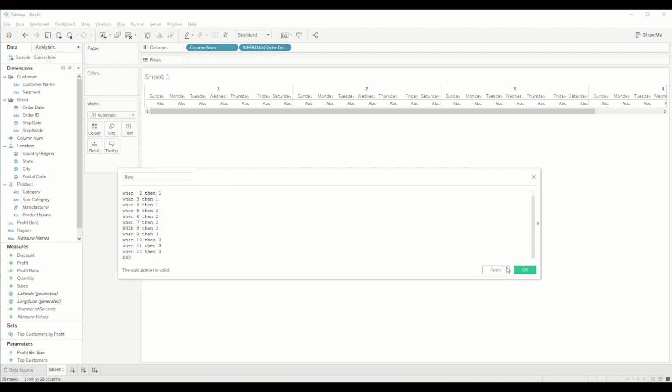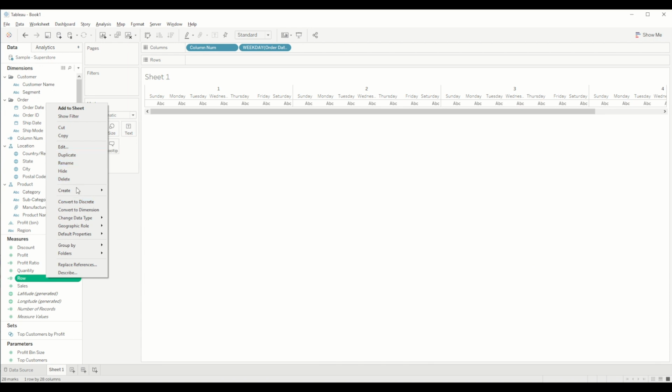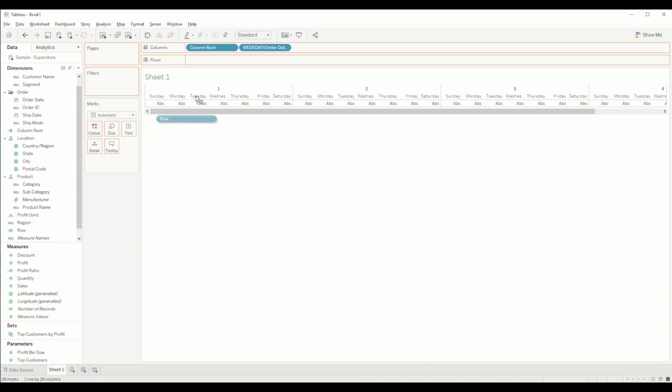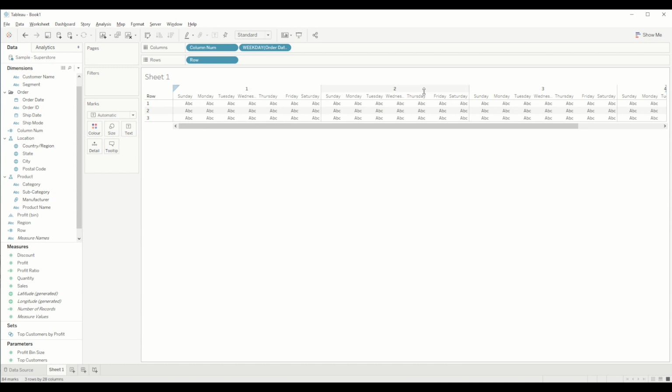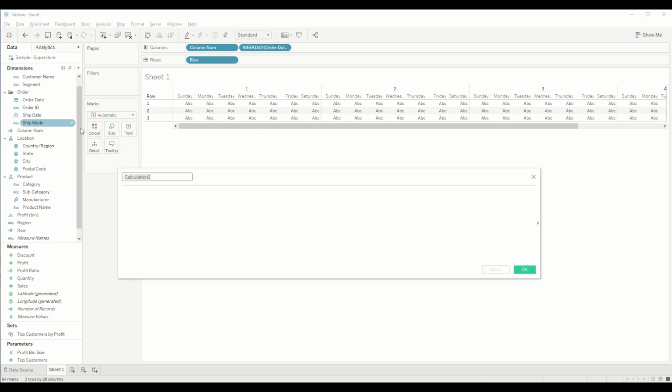Once that is done, we will change it into a dimension again, and we will bring it into the row shelf. So now you can see we have 4 columns and 3 rows for each month. Now after that, we need to create a week index field which will be used to show all the weeks in a month, and for that we need a date part calculation where we will partition the order date by week,